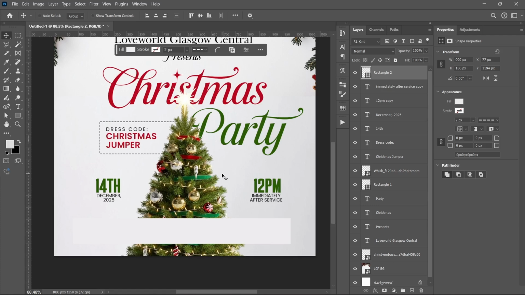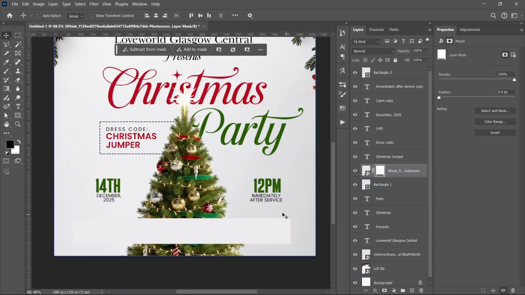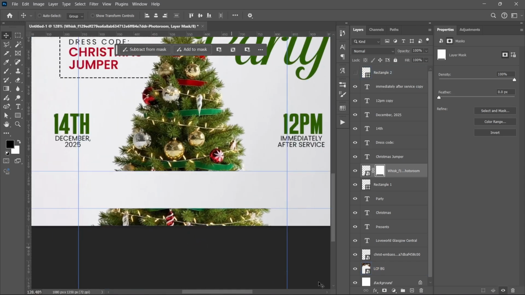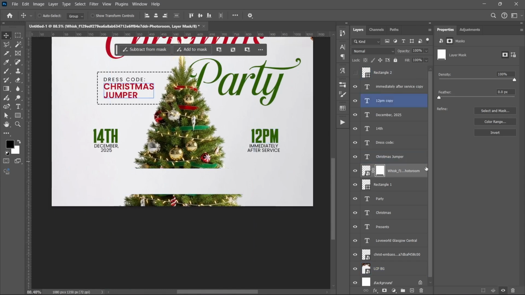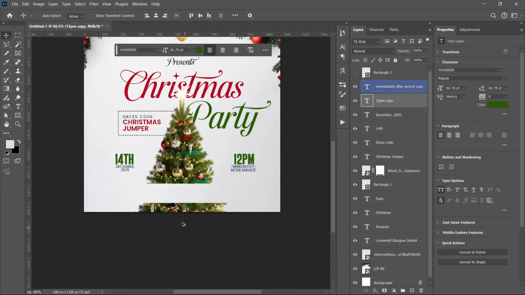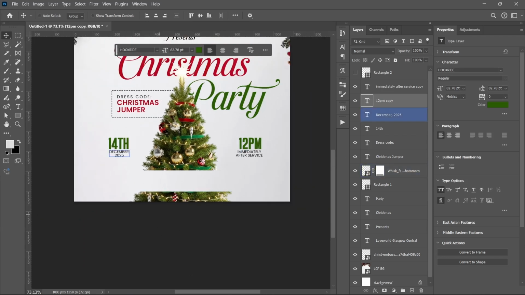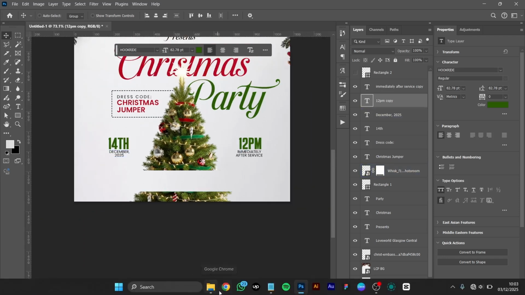So what do I do? I create that rectangle, I hold control and make a selection of the rectangle, right? And then I select the tree and I mask it out. I press Ctrl I to invert the mask, then I hide the rectangle. So now you can see that I have removed that part of the tree. Instead of creating a rectangle, I just removed that part of the tree. Do you get? So now it's blending in properly. Okay, so I'll then go and